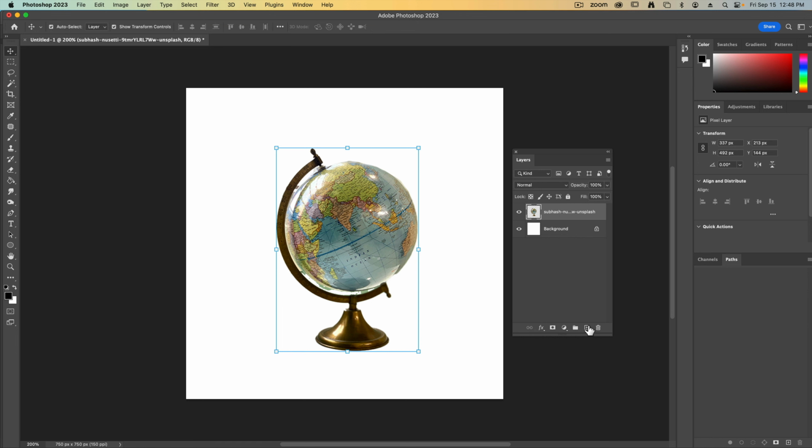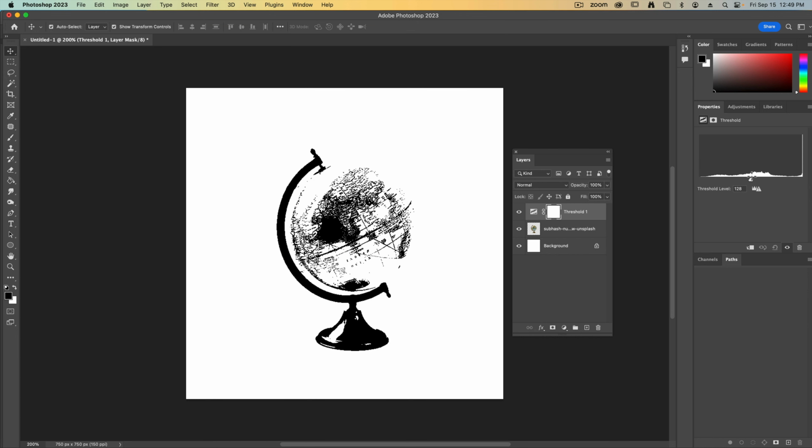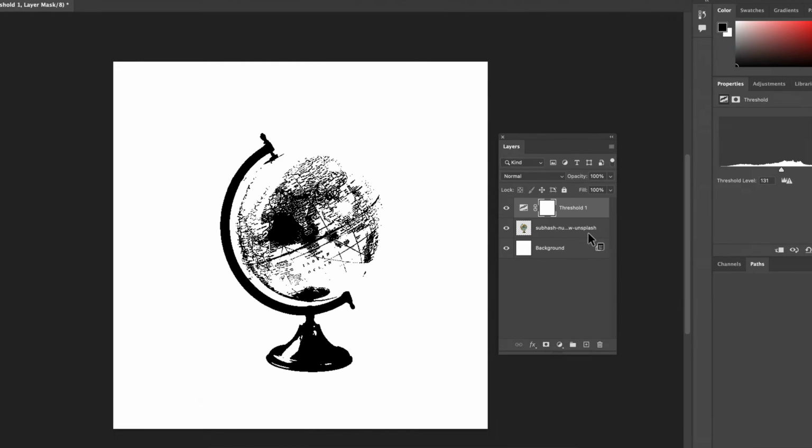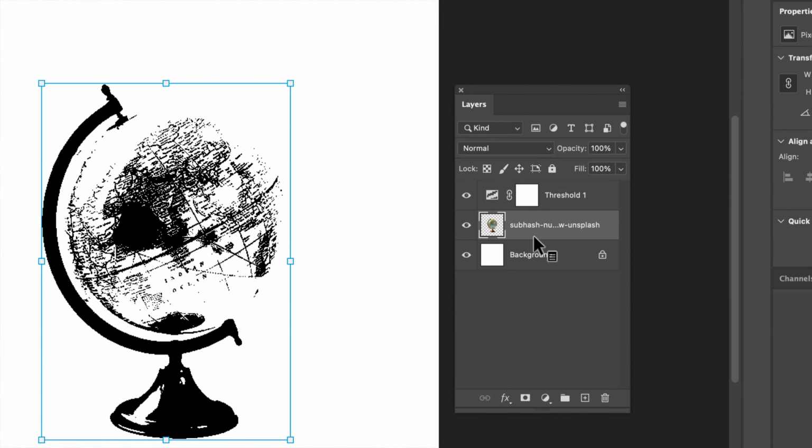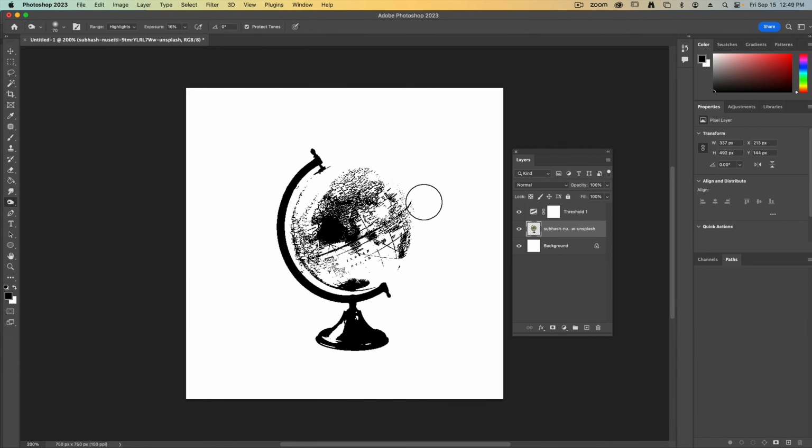With that done, now let's apply our threshold adjustment layer. I can play around with the lights and darks until I get what I like. But if I need to darken in some other edges, just make sure you select your image layer. Use your burn tool, and I can burn in where I want the edge of my globe to start to show up. If you make a mistake or go too far,